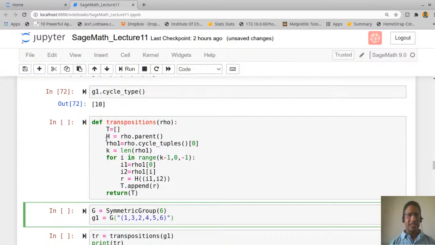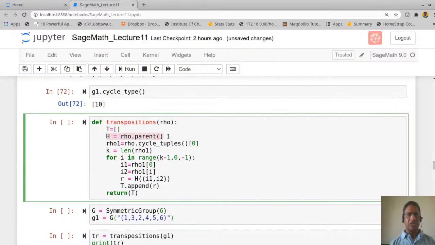Okay, so what is done here is, once you give the element as an argument, you find out where it is coming from. So look at the parent, and in that you find out the cycle type and take the first element. Of course, this is a cycle, so it will be a cycle of length k, and then it will be k comma 1 1 1 1. I don't want these 1s. I want only the first entry, which is the 0th index.